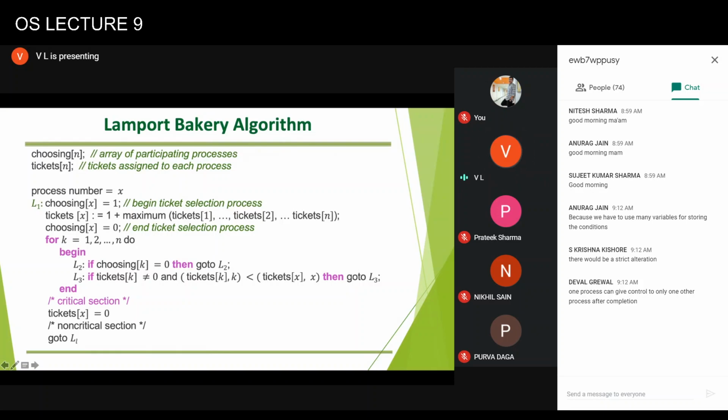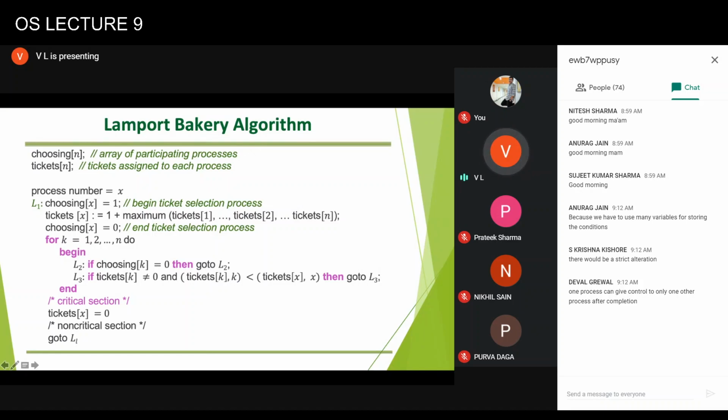This condition ensures that we consider only the processes which have been assigned some ticket number. The ticket number is always greater than 0. Why? Because we are incrementing the ticket number. So a ticket number equal to 0 indicates that the process is not willing to enter the critical section at this point. It's in the non-critical region. Only the processes which want to enter the critical section might be in the critical section, because one of the processes may be in the critical section at this time. Only the tickets for those processes will be checked here, and otherwise the loop will continue.